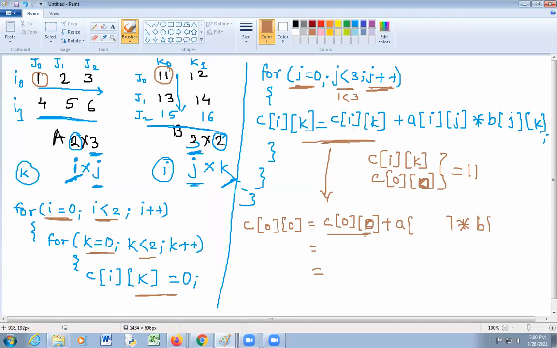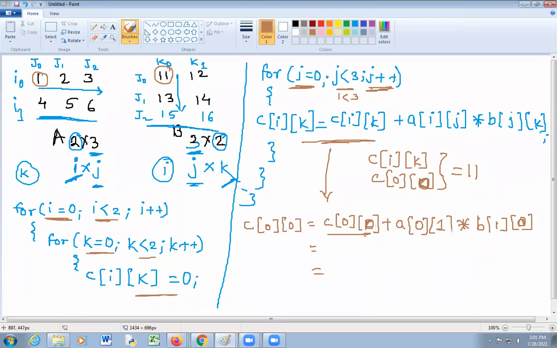So i equal to 0, k equal to 0, and j is equal to 1. So c of ik, that is c of 0 0, here a of i, value of i is 0, value of j is 1, into here value of j is 1, value of k is 0.